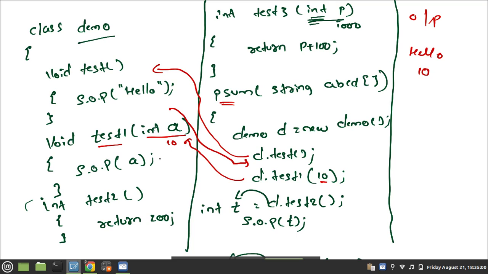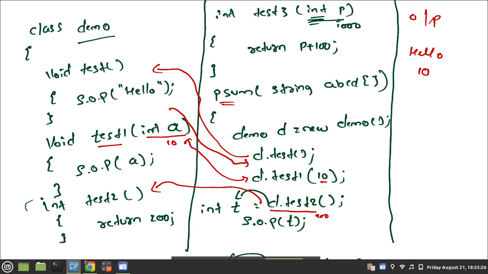After execution of these statements, the control again comes back to this statement. What is the next statement? d.test2. d.test2 means control will go to this method. How many statements are present in test2? Only one, that is return 200. Return 200 means the value of this call will be 200.